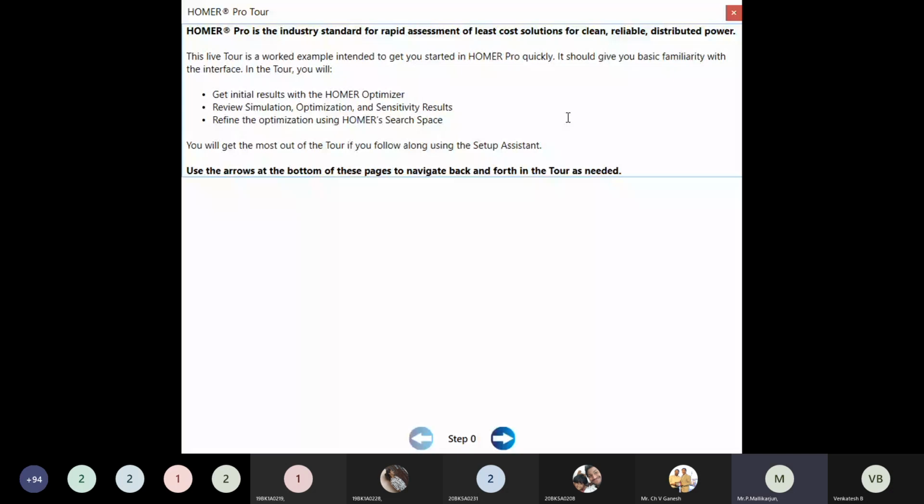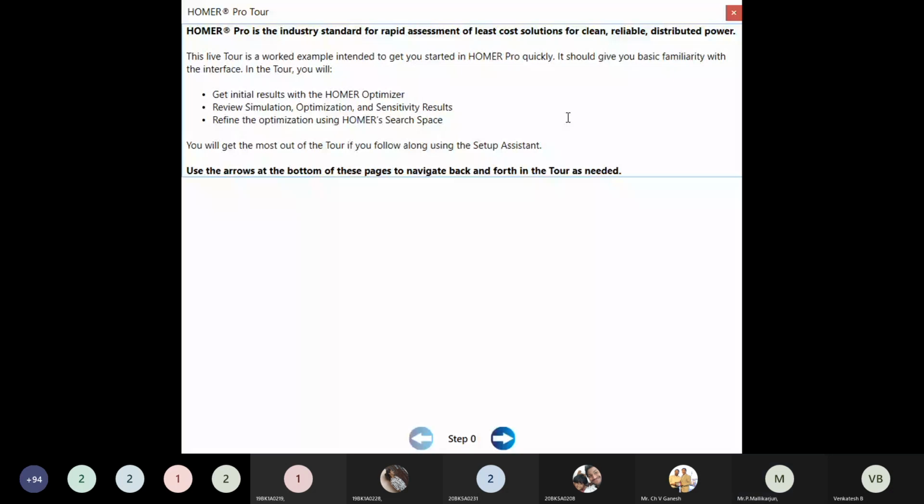That's what I discussed. You have two options, Homer optimization. What is going to happen? Homer is going to select the components, right? And how to select: Homer optimizer algorithm, and how to go for Homer search space. First, generally, for getting better results and for understanding the system, we will design with Homer optimizer algorithm.